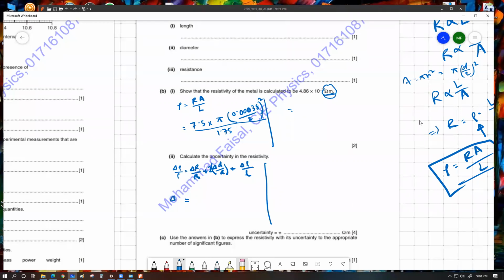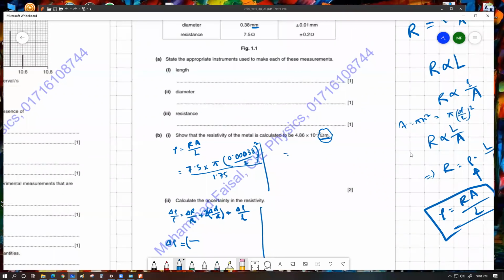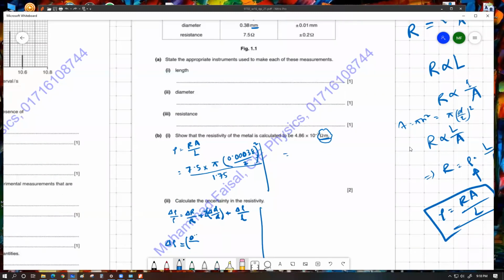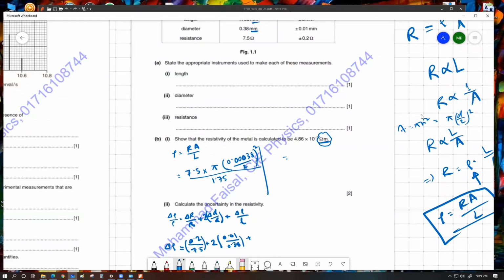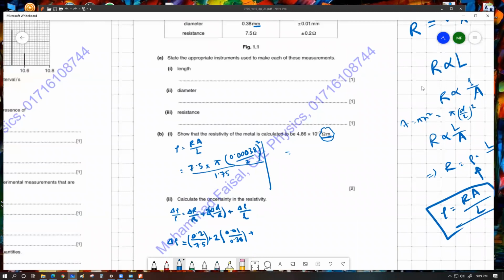I can actually go ahead and calculate the delta row. Delta row can be, এখানে যখন আমরা ভ্যালুগুলো বসাবো তখন তোমাদের ইউনিট কনভার্সন না করলেও হবে। সো রেজিস্ট্যান্স হচ্ছে 0.2 ডিভাইড বাই 7.5, প্লাস টুয়াইস, ডায়ামিটার হচ্ছে 0.01 ডিভাইড বাই 0.38 প্লাস, এই লাইনটা বাদ দেওয়া যায় না, ইরেজ দিস। সো ডেল্টা এল বাই এল হচ্ছে 3 ডিভাইড বাই 1750,